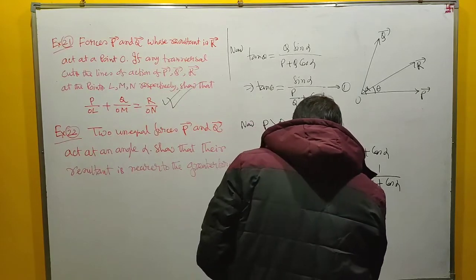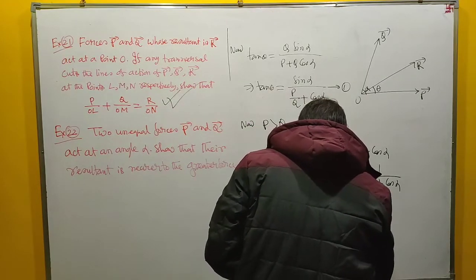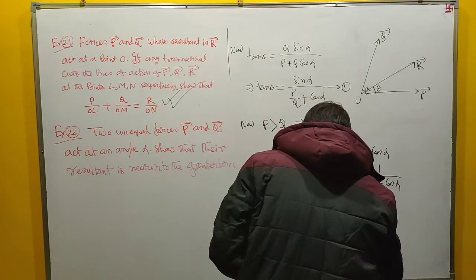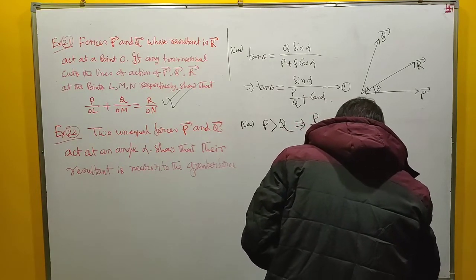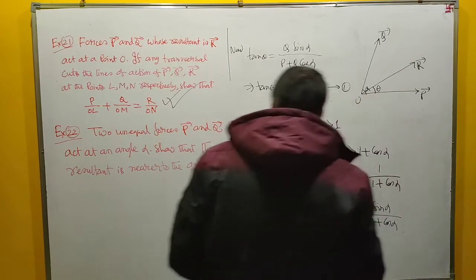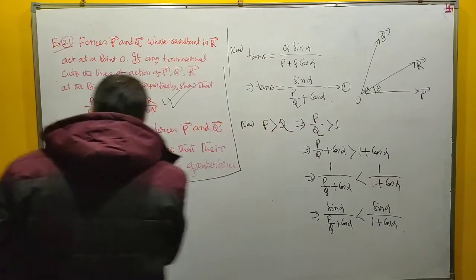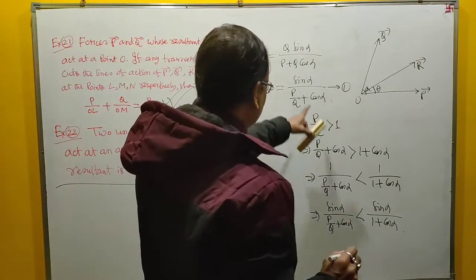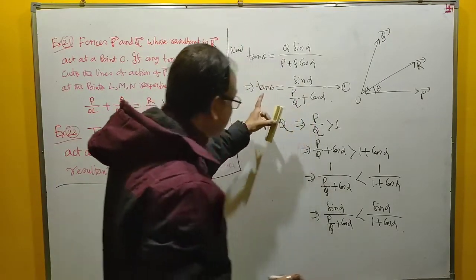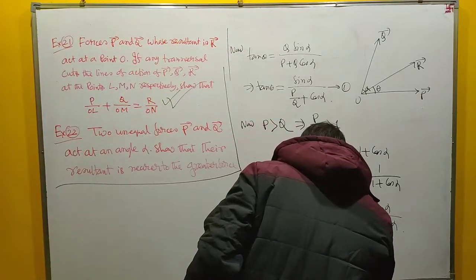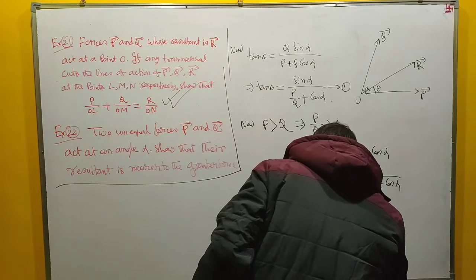Multiply both sides by sin alpha. Sin alpha divided by P by Q plus cos alpha is less than sin alpha divided by 1 plus cos alpha. Now, sin alpha divided by this is tan theta by 1. This means tan theta is less than